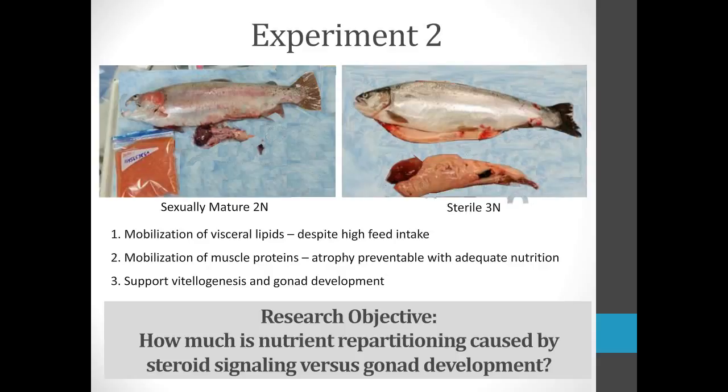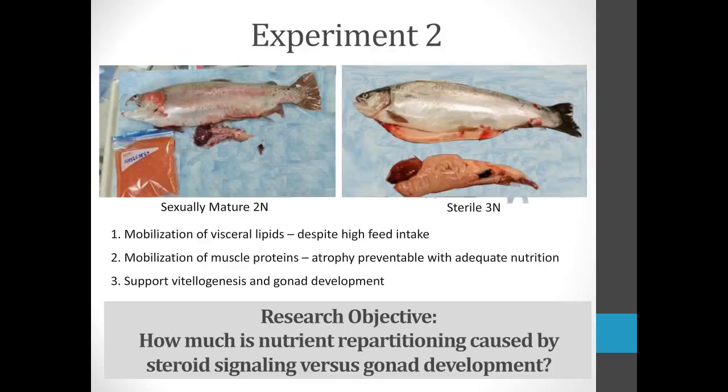Now what's interesting is that this fish will break down muscle proteins, but the muscle will continue to gain weight if feed intake is adequate. It's largely unknown, though, whether nutrient repartitioning is caused by elevated steroid signaling, such as elevated estradiol production that is only elevated during sexual maturation, or it's driven by the negative energy balance that's associated with gonad development. So we performed a study to identify the role that each of these variables plays in the nutrient partitioning response that we see during